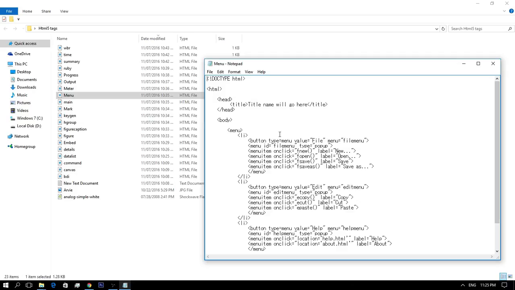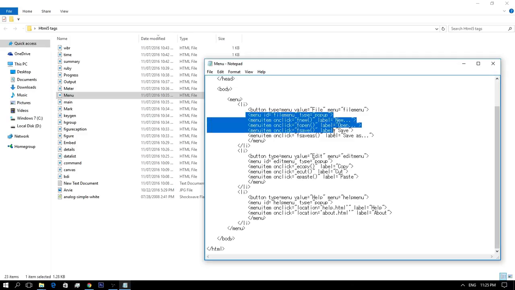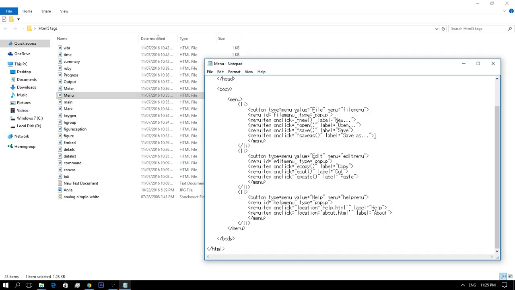So the menu element type attribute, if it is in the context menu state, then the element represents the commands of a context menu, and the user can only interact with it if that context menu is activated. If the menu element type attribute is in the toolbar state, then the element represents a set of active commands that the user can immediately interact with.